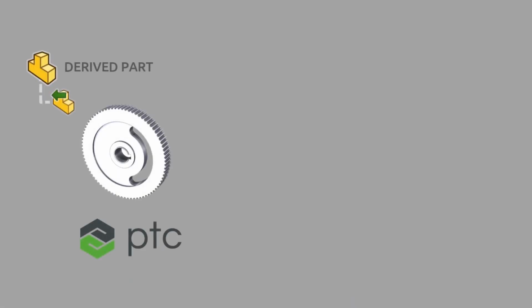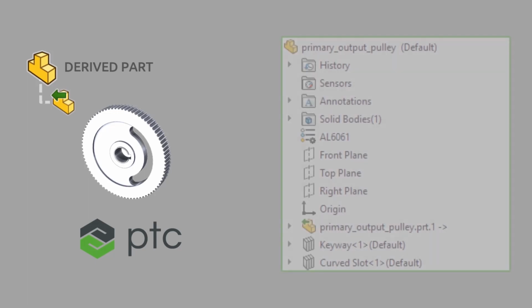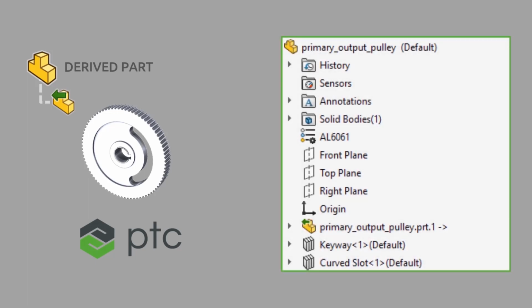Let's take a look at another example, directly opening a file and using it like a derived or base part. In this case, we will be working with a pulley designed in PTC Creo by a vendor. We will need to add some of our own features that are added after you receive the actual part, in this case a keyway and a hard stop slot. We will show how 3D Interconnect handles changes within this scenario and also how it handles PTC Creo versioned files.